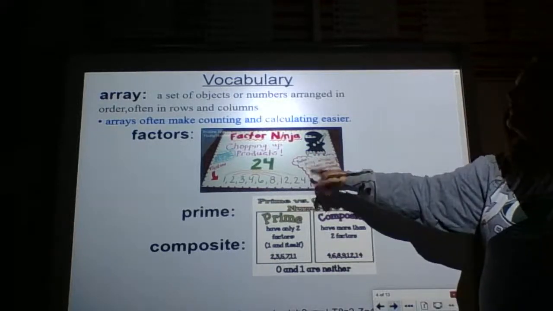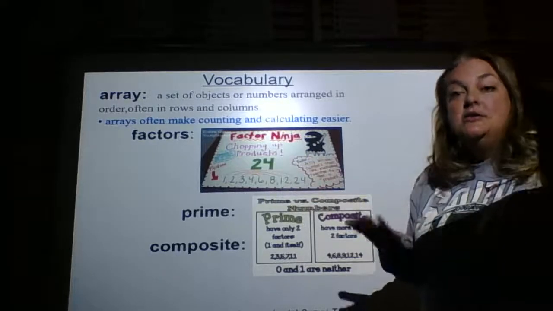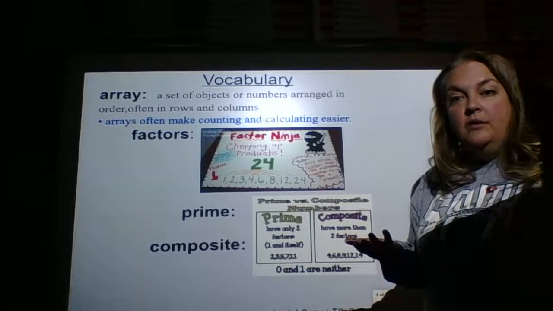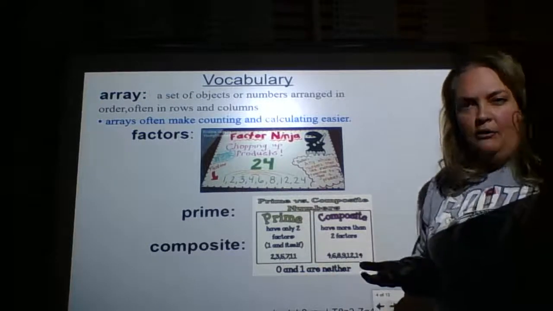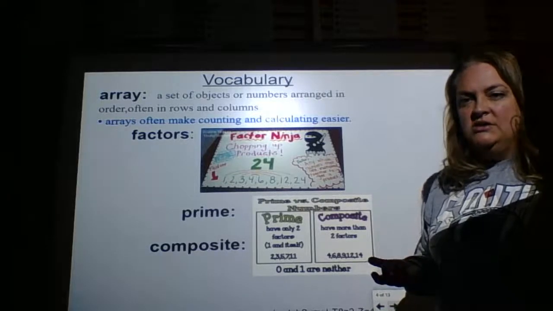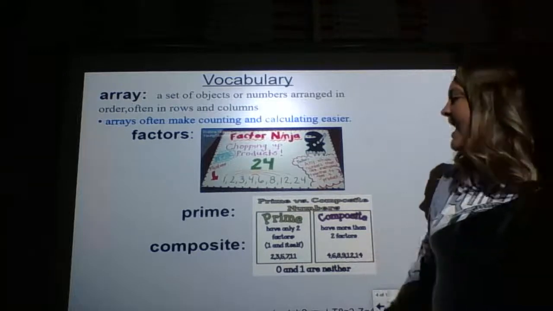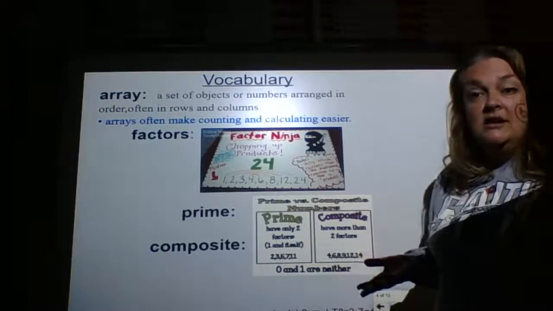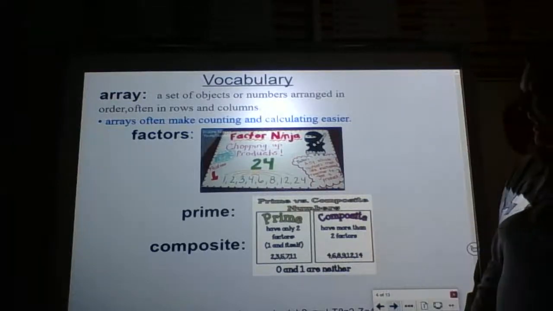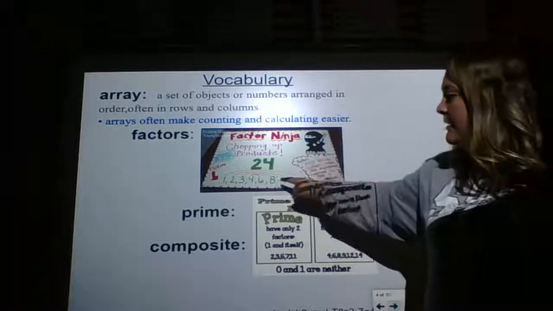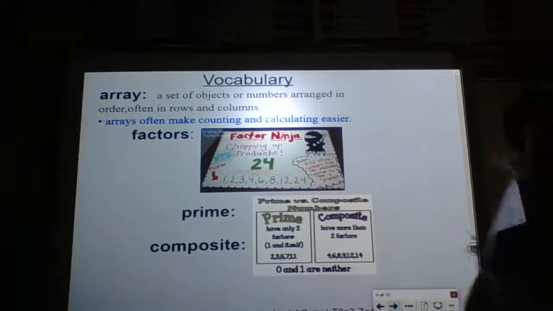Okay, so factors. On here they have the number 24. Factors are the numbers you multiply together to build that number or get the product 24. A prime number only has 1 times itself that will build it, and we'll go into more detail in a minute. A composite number has more than 2 factors. So prime has only 2 factors, which is the number 1 and itself that can multiply together to make it. And composite has more than 2 factors. Like the number 24 is definitely composite because I can multiply all these numbers to build it. Let's learn a little more of what I'm talking about